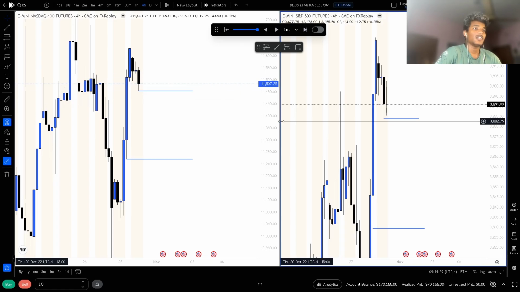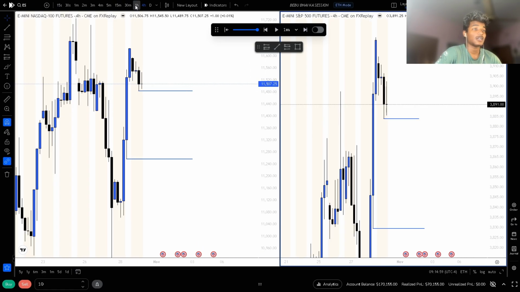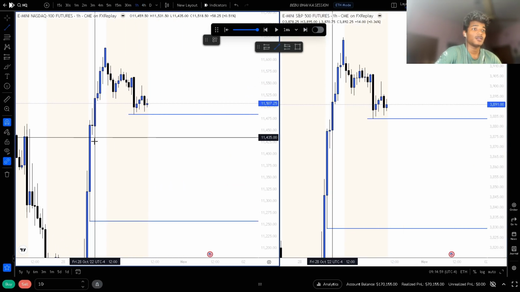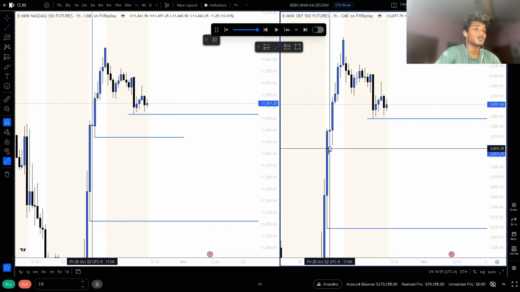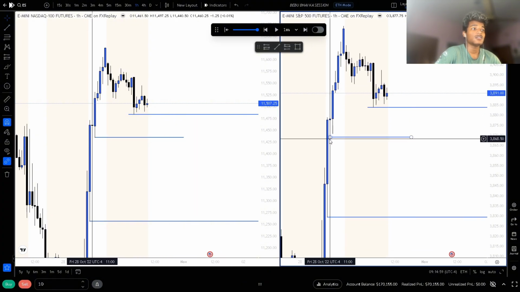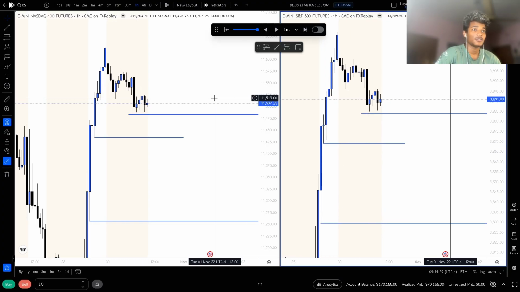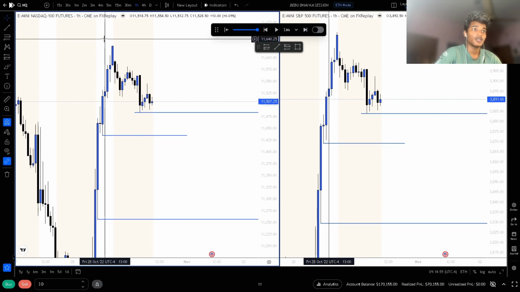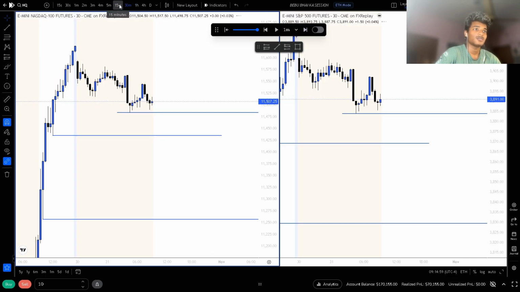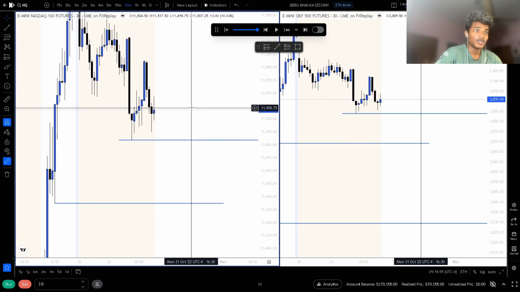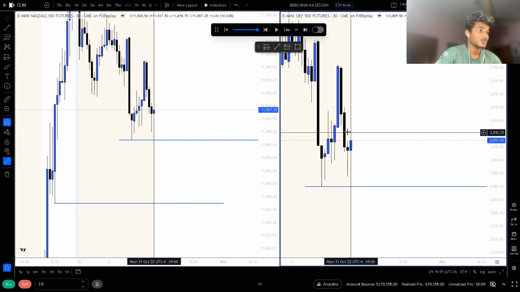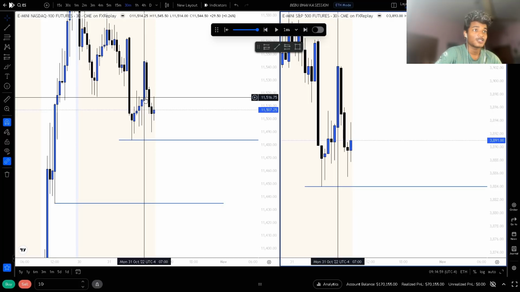So we also have a new weak opening gap which is unfilled, and we have this hourly intermediate low as well below us, which is not on ES. We have just this unmitigated gap on ES. Yeah, 1 hour is also bullish. We have all these draws above us also, and 30-minute has shifted bullish, but yeah, 30-minute is also bearish, because it inverts this gap on NQ, this tiny gap on NQ.